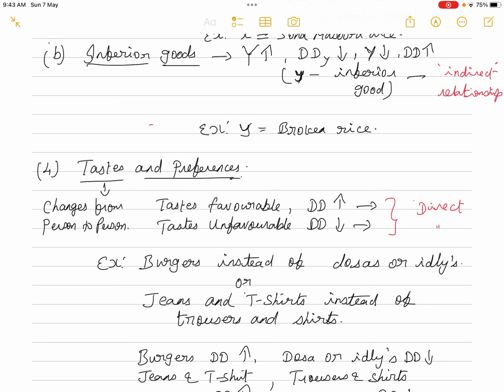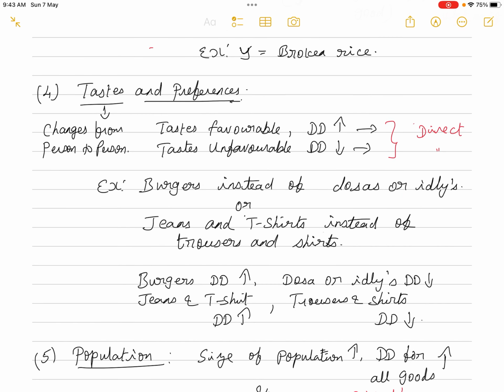is indirect. Next factor, the fourth one, which is affecting the demand for a particular commodity, is the taste and preferences of the consumer. The taste, the preferences, the changes in fashion, the advertisement, all these things will influence the demand for a particular commodity. One thing we all know, that the taste is not the same for every individual. The taste is not the same for every consumer. It varies from one individual to another individual. But on the whole, if the tastes are favorable towards commodity X, then the demand for commodity X will increase. If the taste towards commodity X is unfavorable, then the demand for commodity X will decrease,